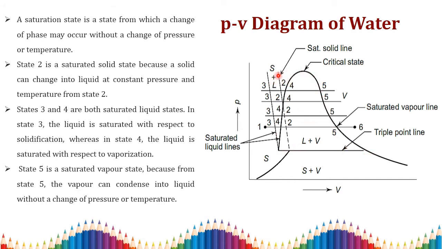beyond the left side of this curve, this will be your solid state, and here we are having the liquid plus vapor region. At all these points, it has a combination of both liquid and vapor. Okay, so beyond this curve we are having a vapor region here. So below this region you are having solid plus vapor, right?